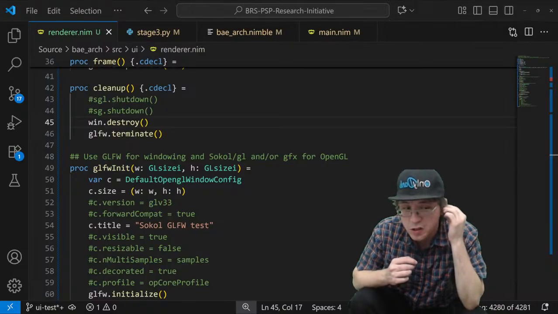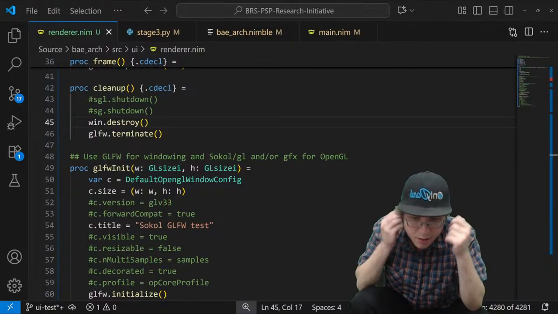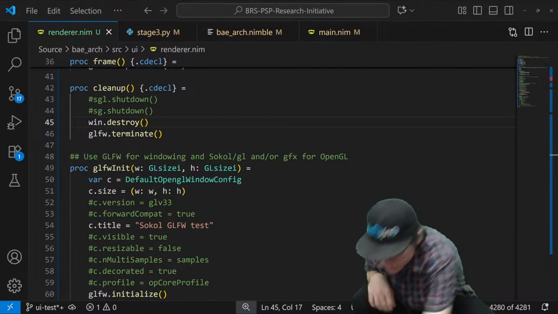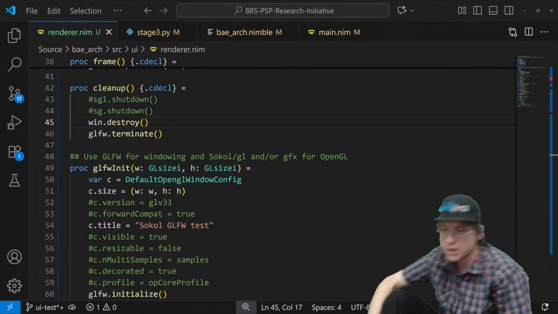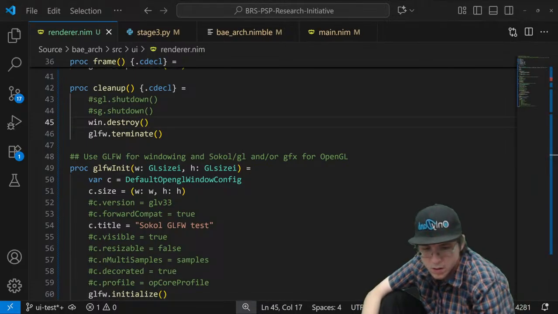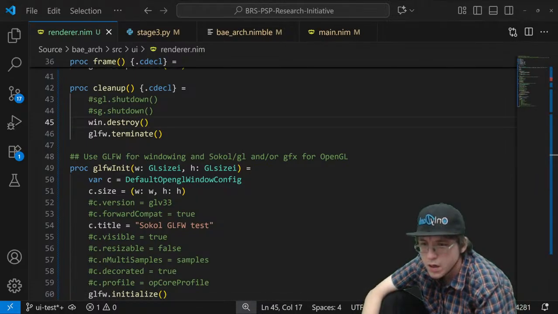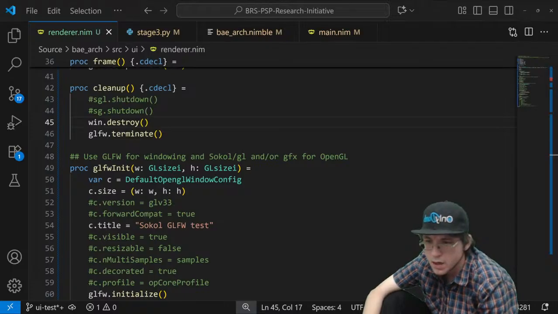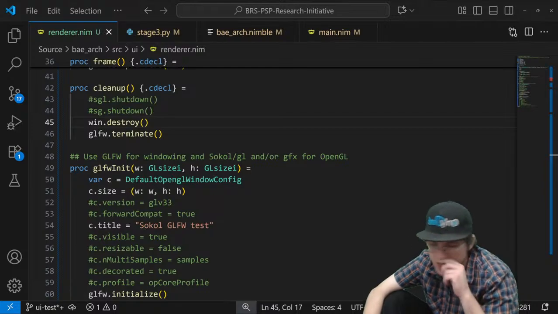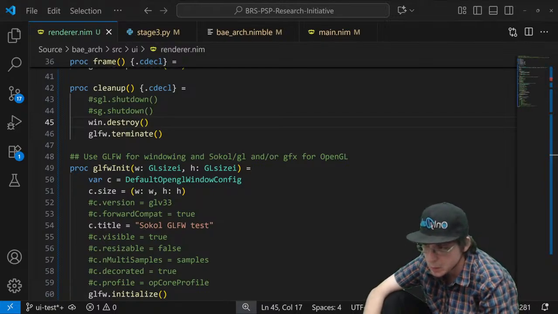It doesn't take very long for it to rebuild. Huh. Okay, so it's not the minimum. It's something else.